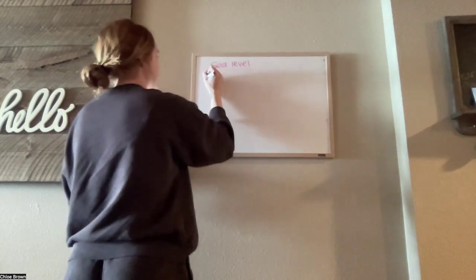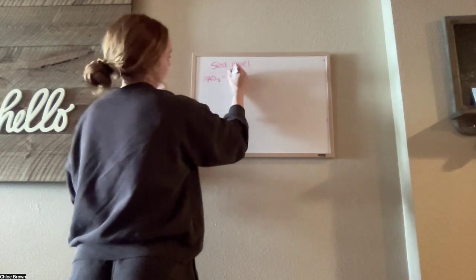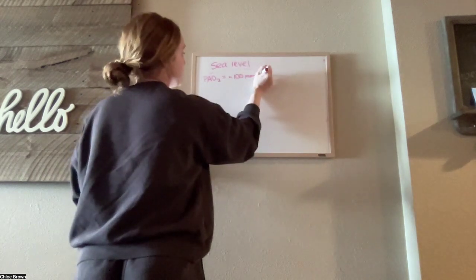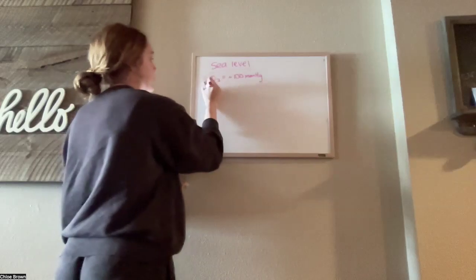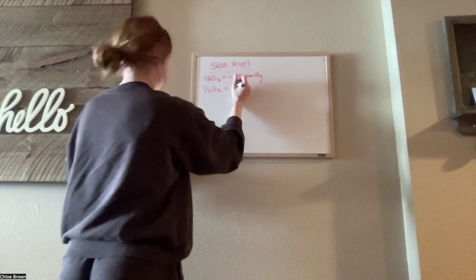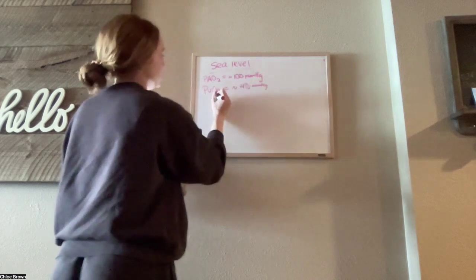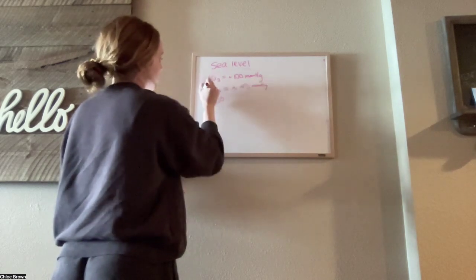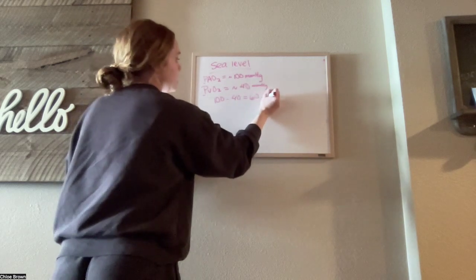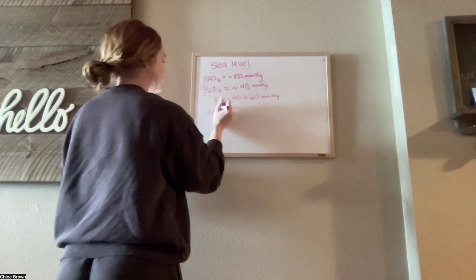the partial pressure of oxygen in the alveoli, let's say it's equal to about 100 millimeters of mercury. And then the partial pressure of oxygen in the venous blood is equal to about 40 millimeters of mercury. So you would subtract P1 minus P2, so 100 minus 40 is equal to 60 millimeters of mercury. And then at altitude,